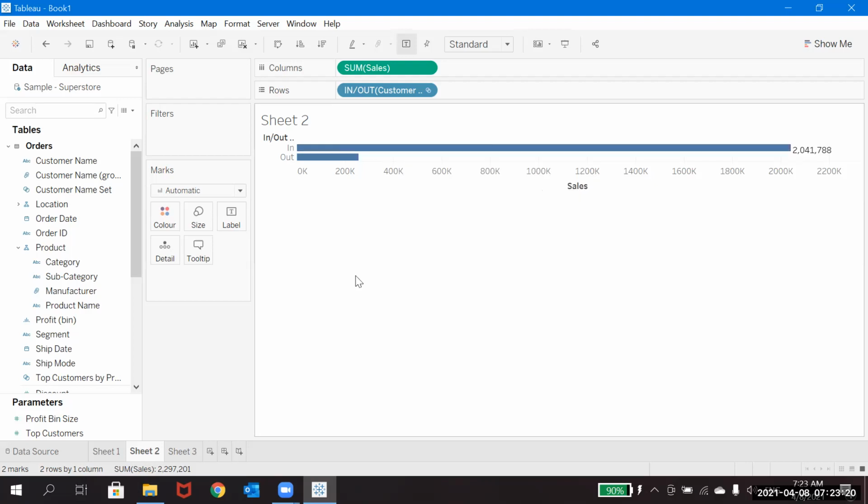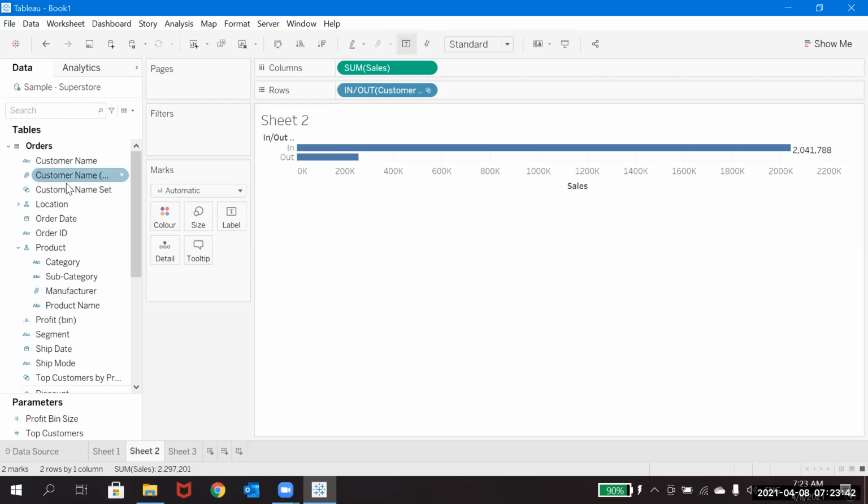This type of case can also come, but generally the principle I told is satisfied, because with only 500 customers, not even 20%, maybe 5%, your achievement is coming. This is how sets will work.